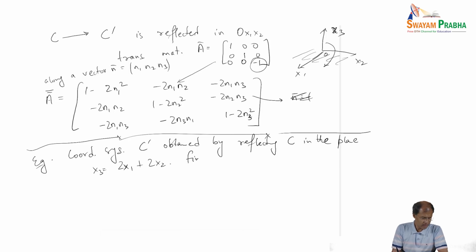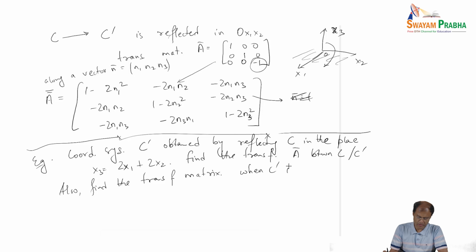So we find the transformation A between C and C prime, and we also find the transformation matrix when C prime is obtained from C by performing the above reflection,